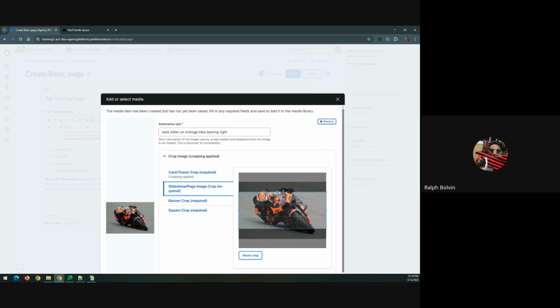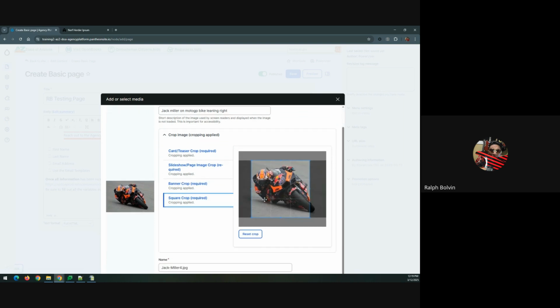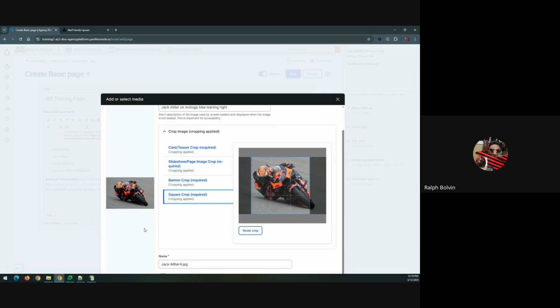And this bounding box is going to be set to different fields on the website. So we can scale it in, move it however we want. Go to the next one. And so once cropping is applied to all of them,